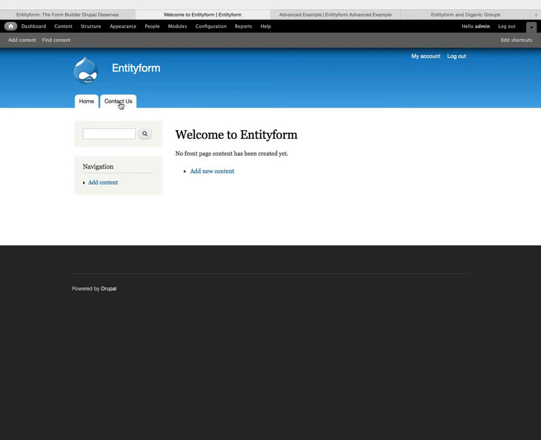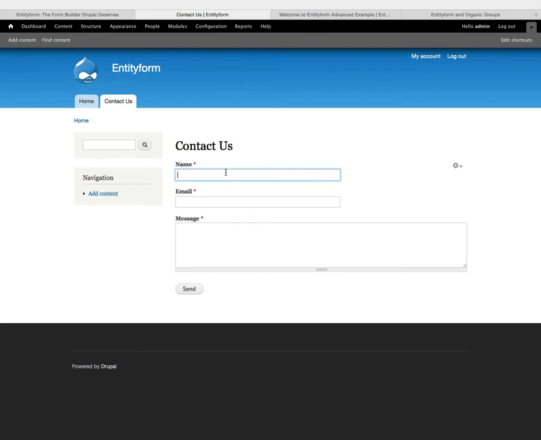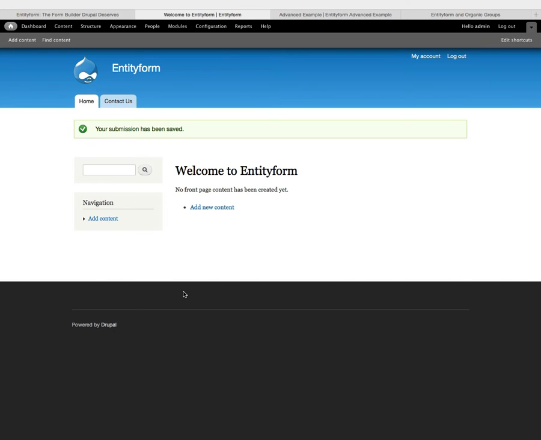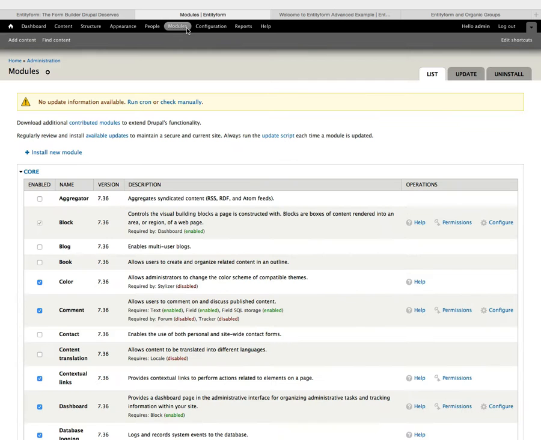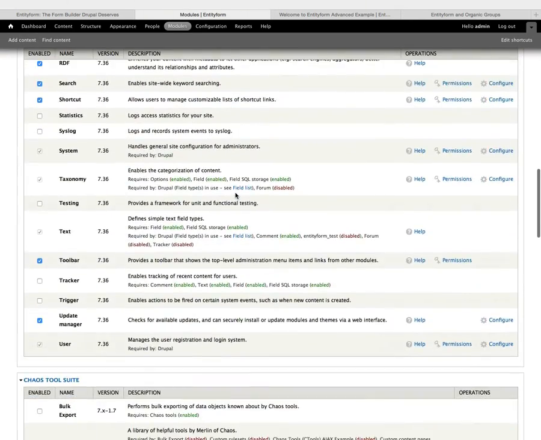Now, one thing with our contact form is I set this up as a text field, so there's nothing actually to validate this email, so I can just put anything I want in here, even if it's not a valid email, and it'll take it. So if I wanted to validate this as an email, remember this uses the standard Drupal field system, so there is an email module that provides an email field. So if you enable the email module,